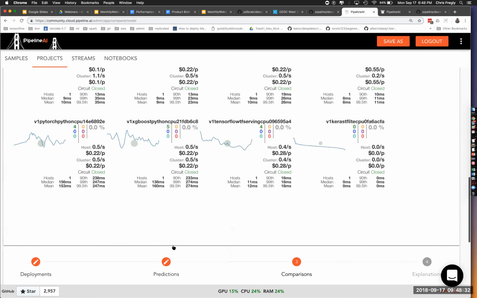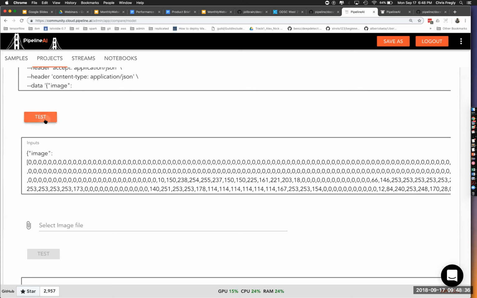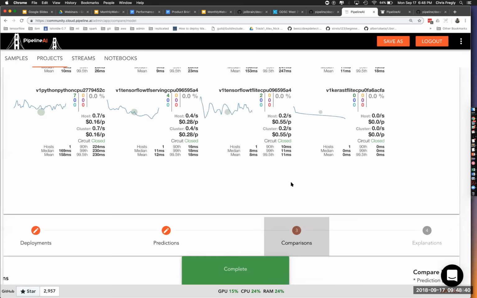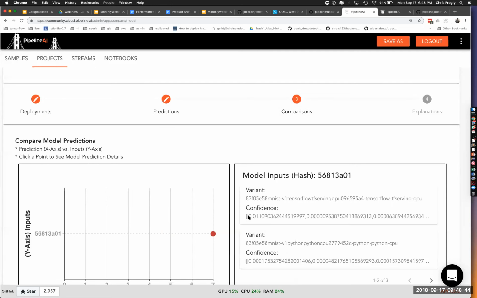Let me run a couple through here. We don't have them turned on for all requests for obvious reasons, we would flood the system. But here we're tracking, so down to the confidence level. So we could actually compare side by side. We have some formatting, like UI work to do here, where we make these percentages and show them in a much denser style. But I think you guys get the idea.